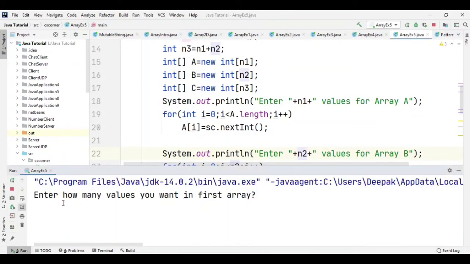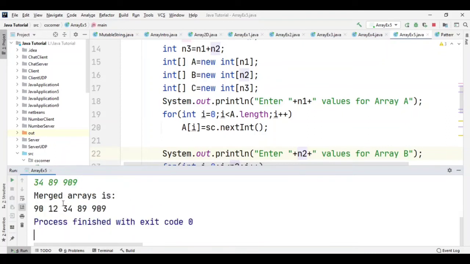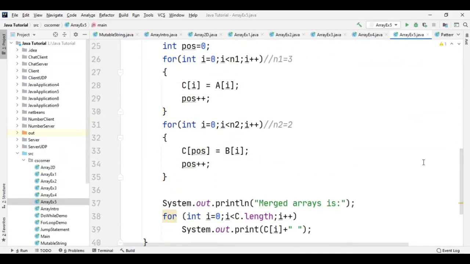Okay, let's modify this and run it again. 2 elements in the first array, 3 elements in the second array. Enter the values. You can enter any values, ascending, descending, any order. It is going to merge them. So 34, 89, 909, and here is your merged array. So this way you can merge your elements. The only thing you have to do is take care of the position of the second array in the destination